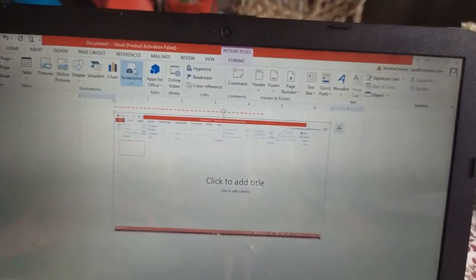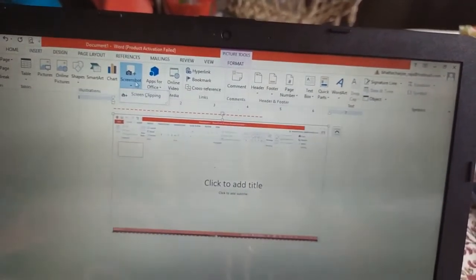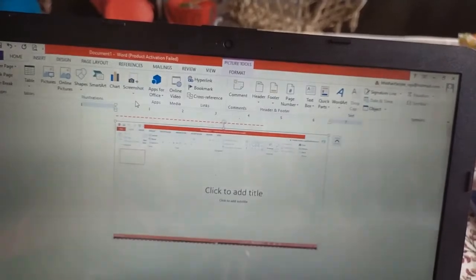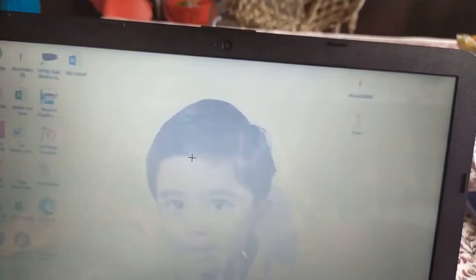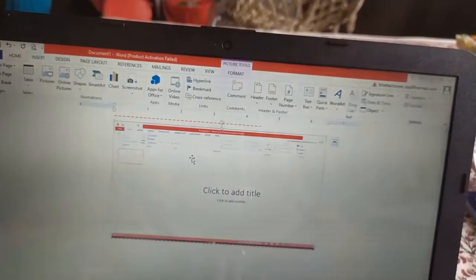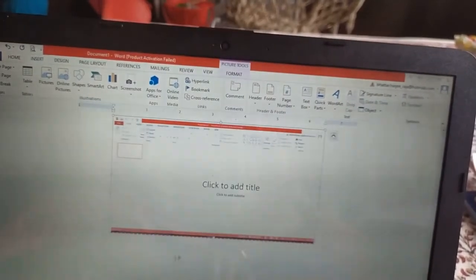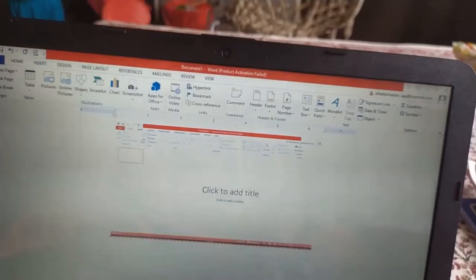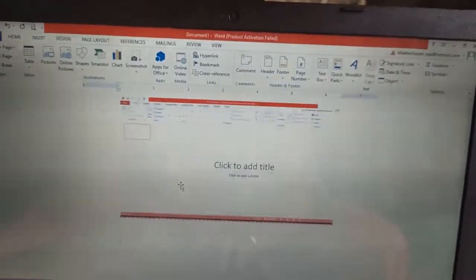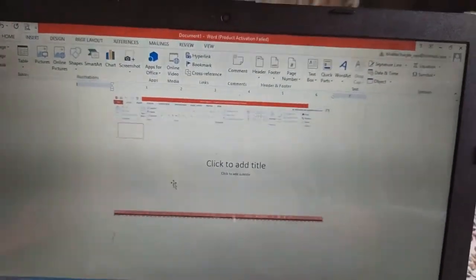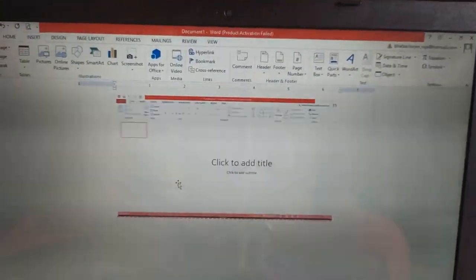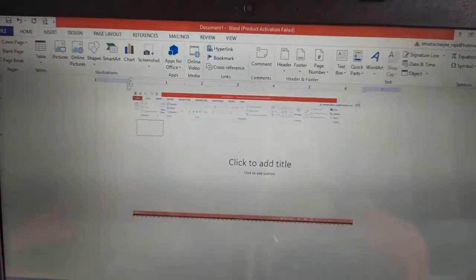And then we can insert the screenshot. Our screen is inserted. Next, how to insert different symbols.